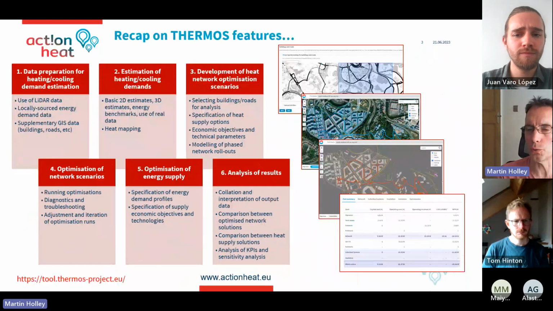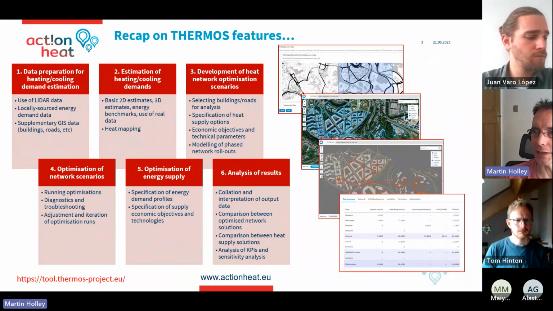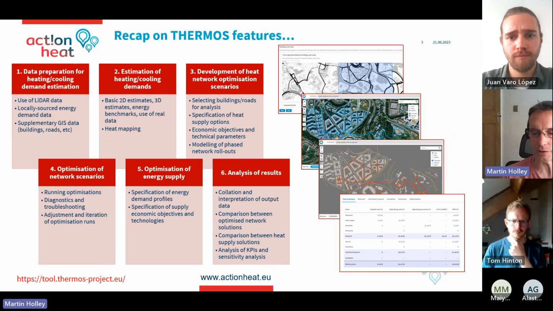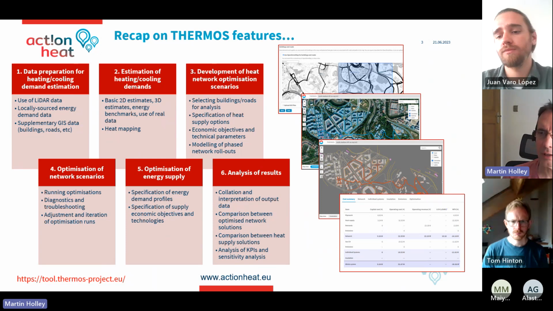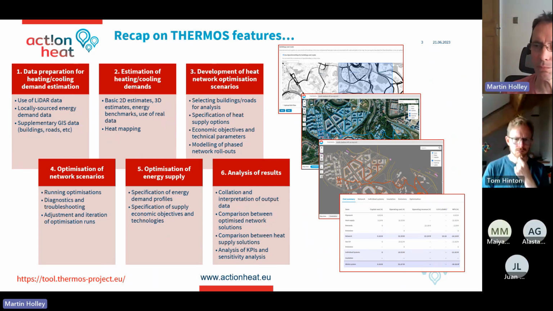So what I thought I'd do first of all is just give a quick recap on THERMOS itself, THERMOS features. This session today is specifically on the THERMOS supply model, but I think it helps to just recap on THERMOS itself. And what you can see there are the main processes that people would typically use in going through THERMOS. First of all, you've got the data preparation